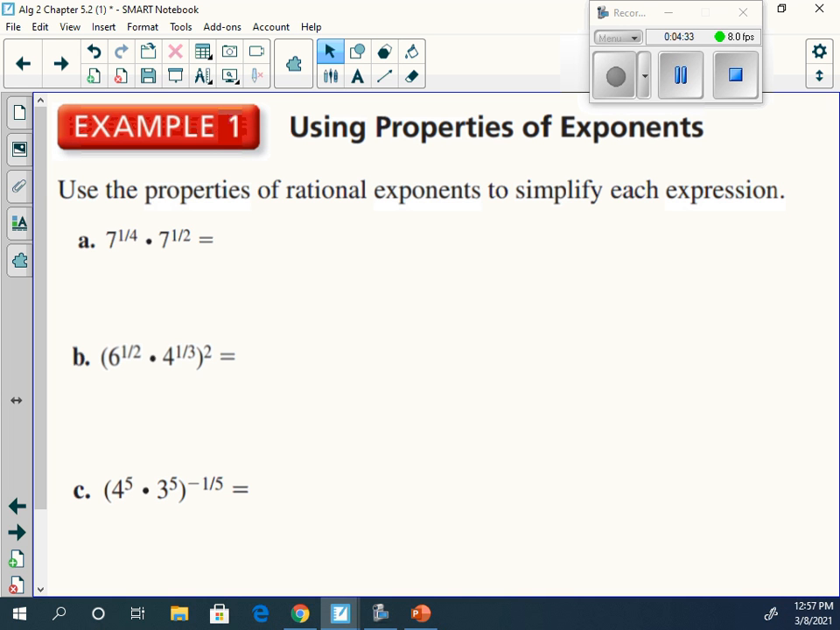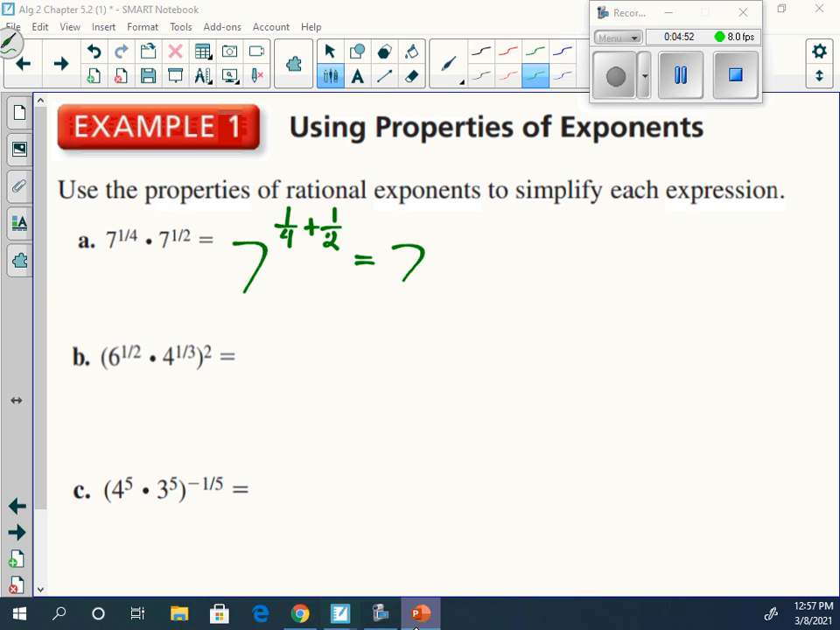So we look at the first one here. We have 7 to the 1/4 times 7 to the 1/2. Because the bases are the same, we can add the exponents. So it'll be 7 to the 1/4 plus 1/2. Well, we can do that, 1/4 plus 1/2, in a calculator. But if we're wanting to add them together, we want the denominators to be the same. So we can change 1/2 to 2/4,